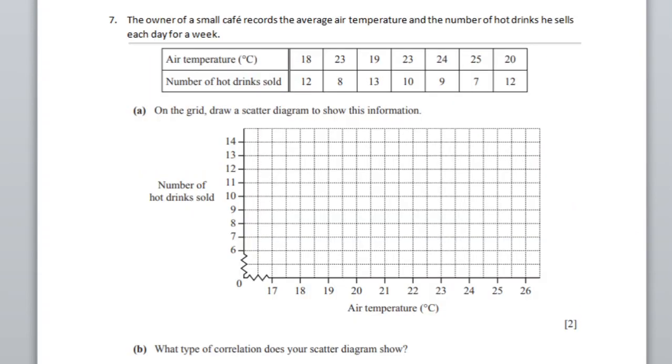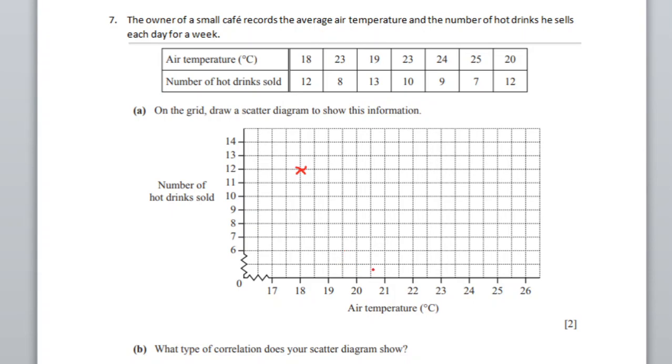Question number 7. The owner of a small cafe records the average air temperature and the number of hot drinks he sells each day. On the grid, draw the scatter diagram to show this information. So we have to just plot the crosses. The first cross is at 18, 12. So this is 18 and this is 12. So here,